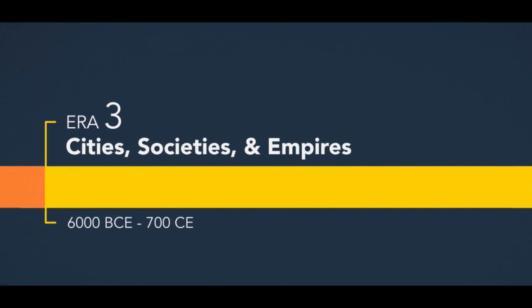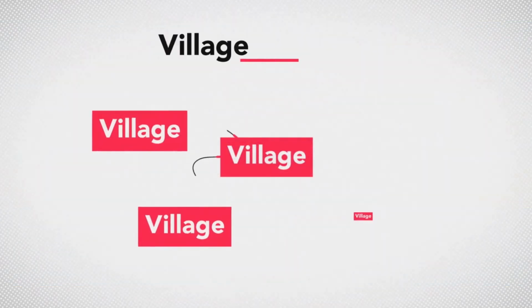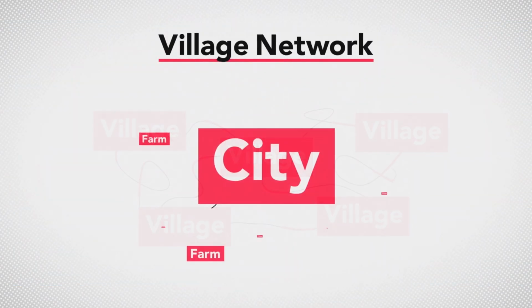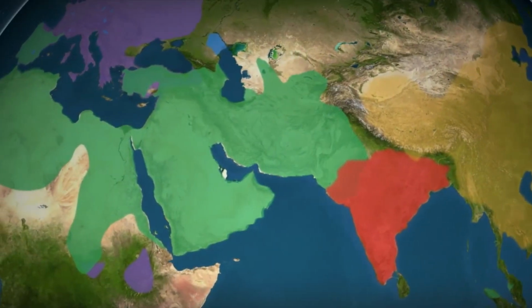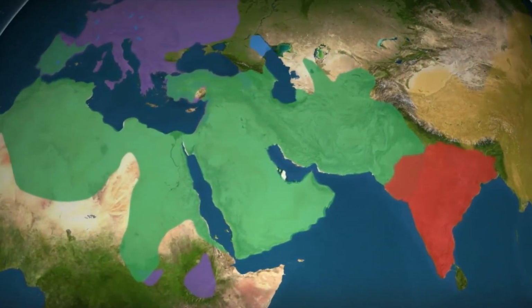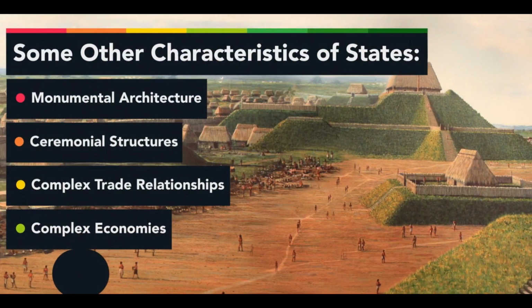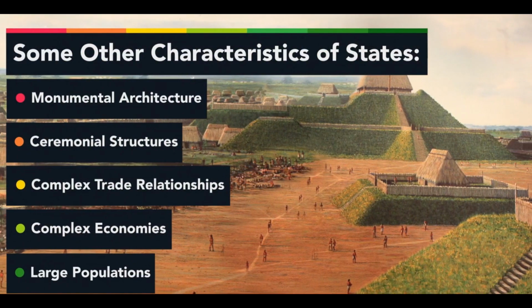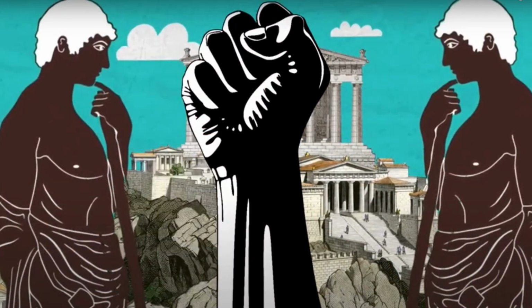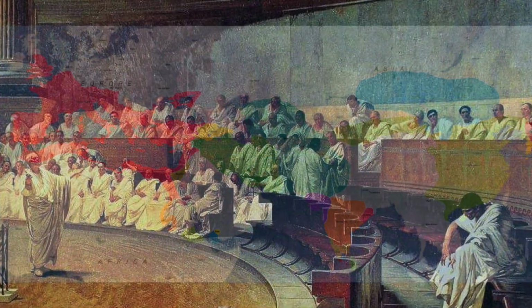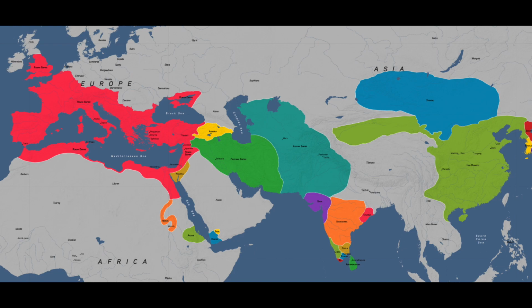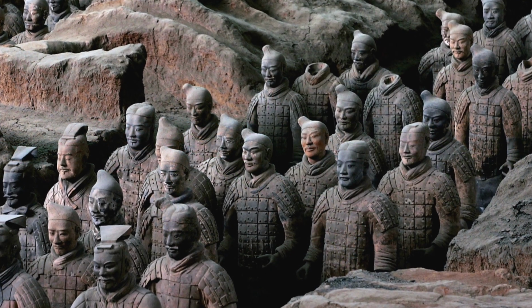By the time we arrive in Era 3, most of our farming villages have evolved into major metropolitan cities. In fact, most of the world's population lived in cities around Afro-Eurasia. Around this time, we see the development of poly and monotheistic religions, and we begin to see the world begin to organize their first governments. By the end of Era 3, villages have evolved into cities, and cities have evolved under central control, known as